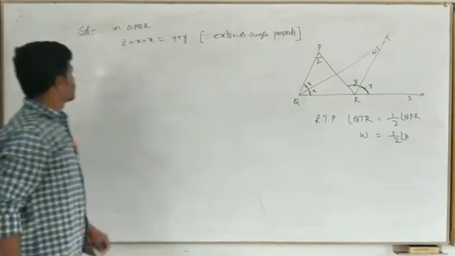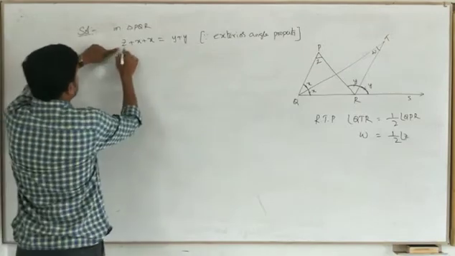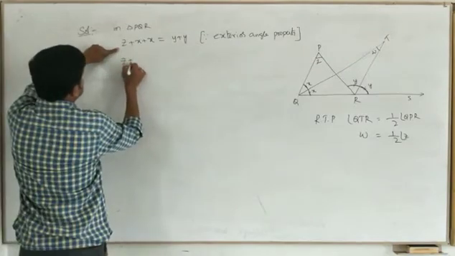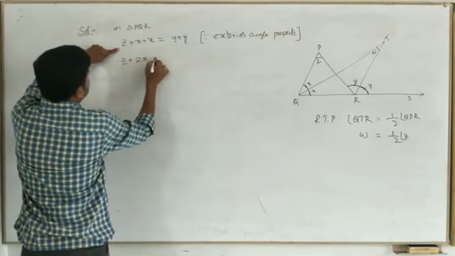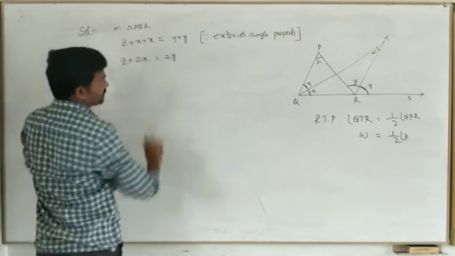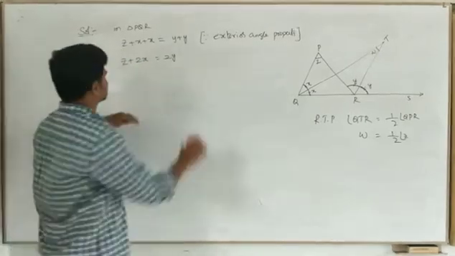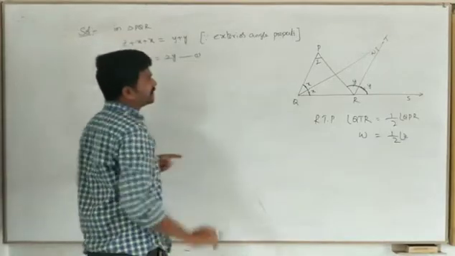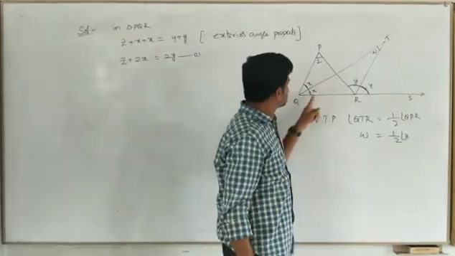Okay. Are you clear? Z plus 2x is equal to 2y. Leave it like that. Let us take this as the first condition. And one more triangle is also there. See,